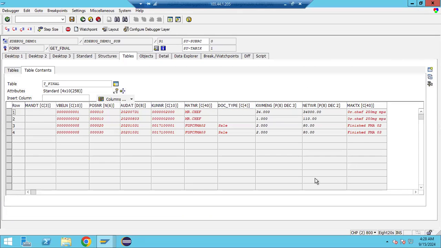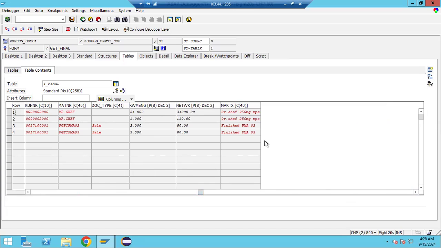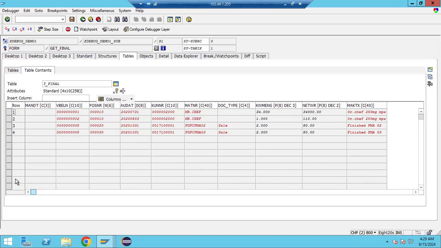So it is showing some data in this way. And if you scroll to the right side, it is coming up to MEKTX only here. Okay, fine. Total 10 records it is showing here. Right, fine. Now,